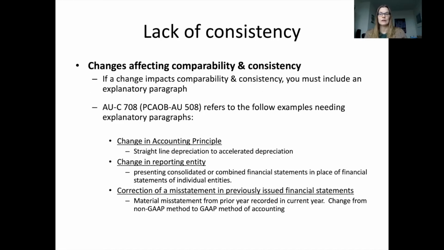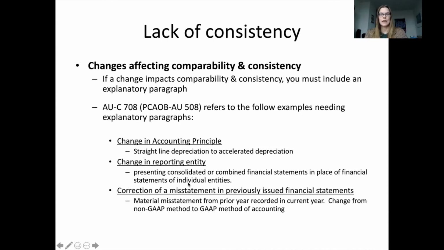And when that happens, the auditor likes to point that out so that it's very obvious to users of financial statements that they're not comparing apples to apples, right? And so things that could cause this would be things like a change in accounting principle. So if a company shifts from straight line depreciation to accelerated depreciation from one year to the next, when we compare those two depreciation numbers, we want to know that we're not comparing apples to apples, right? So we point it out as auditors, and we'll have an extra paragraph that talks about this idea that there's some aspect of these financial statements that we can't compare exactly.